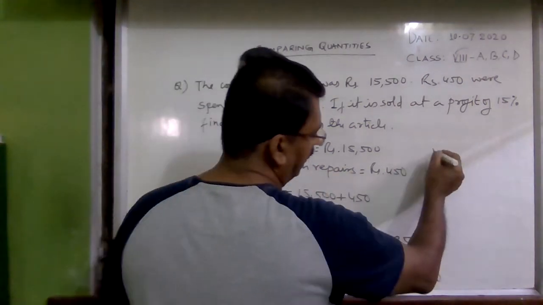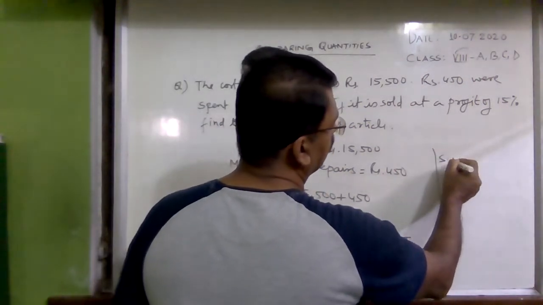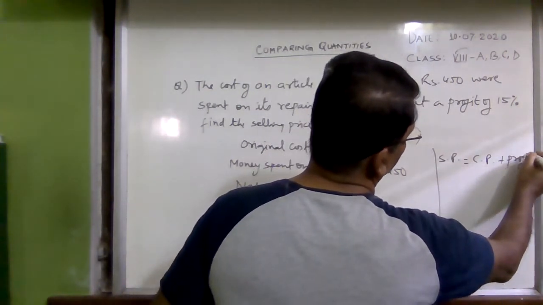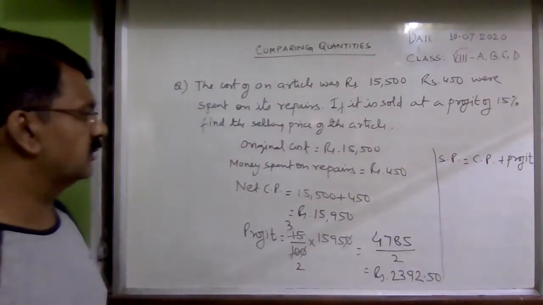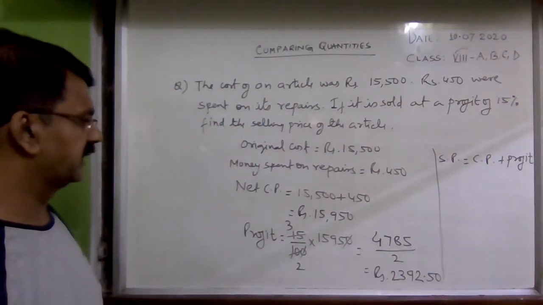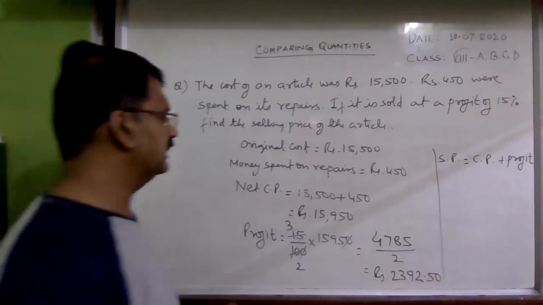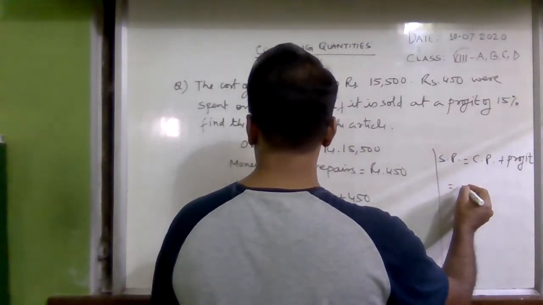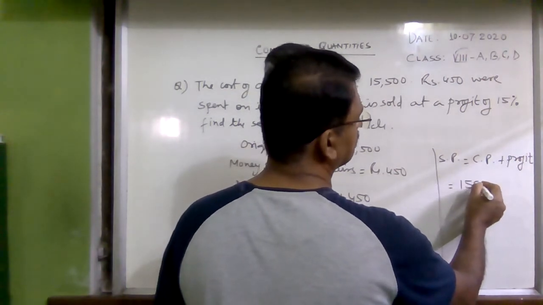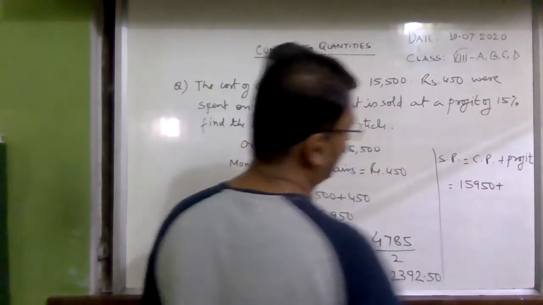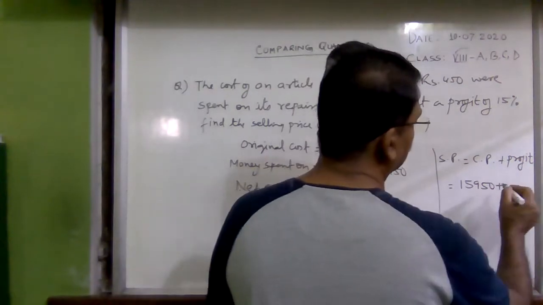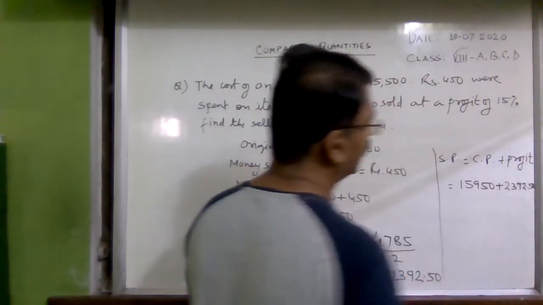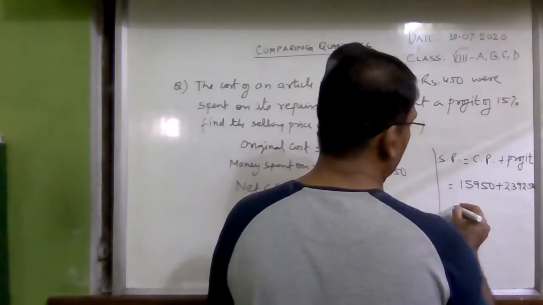Now you know that SP is equal to CP plus profit. Clear? That means CP is 15,950, and the profit is 2392.50. When you add,